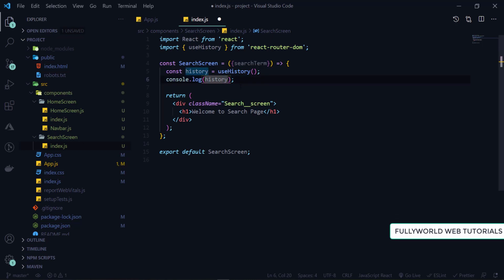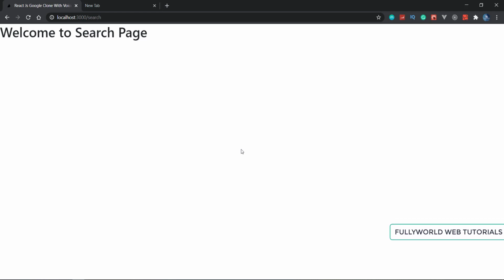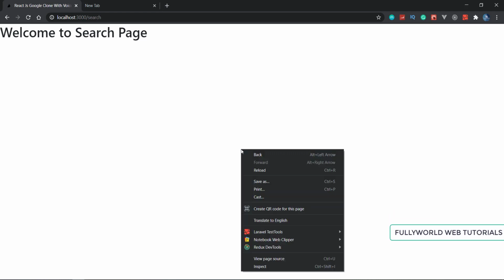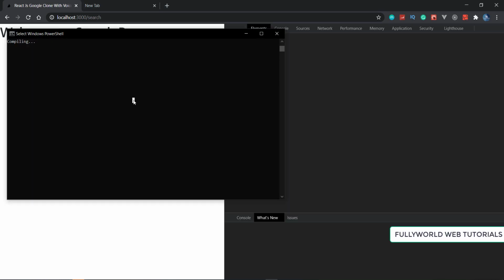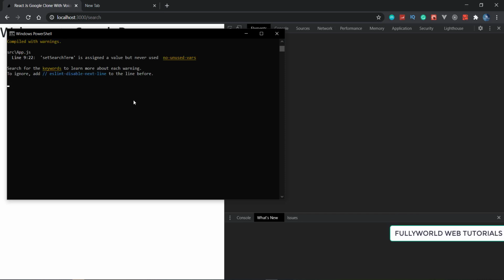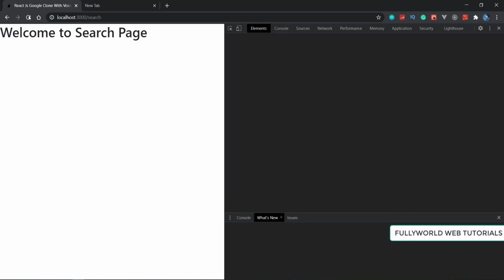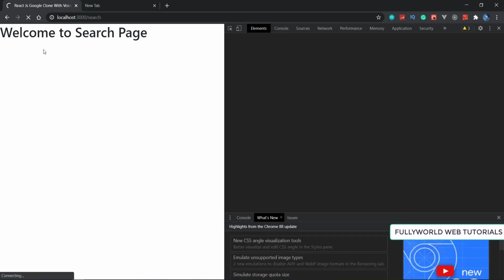See that if I mention only search term here, now if I am going to inspect our element, let's see what we are getting here. So I'm going to inspect our element. Let's open it. I think it is compiling. So let's wait for a while till it is compiling. It is compiled successfully. And let's reload this. Sorry for the video being very long, because I have to explain something, so that's why it is taking a little time, and my laptop speed is also a little slow.